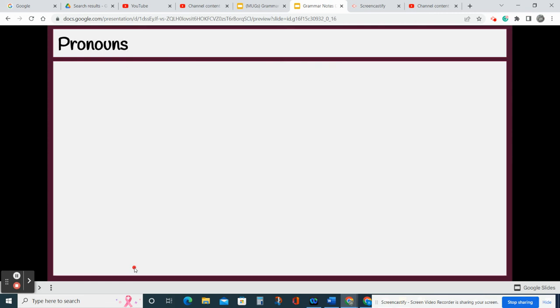Pronouns. Pronouns don't have to be so challenging, but there are 2 types that I definitely want you to know. Just to recap, in case you don't know what a pronoun is, we use these in place of a noun to avoid repetition. For example, it would be really irritating if I said something like,